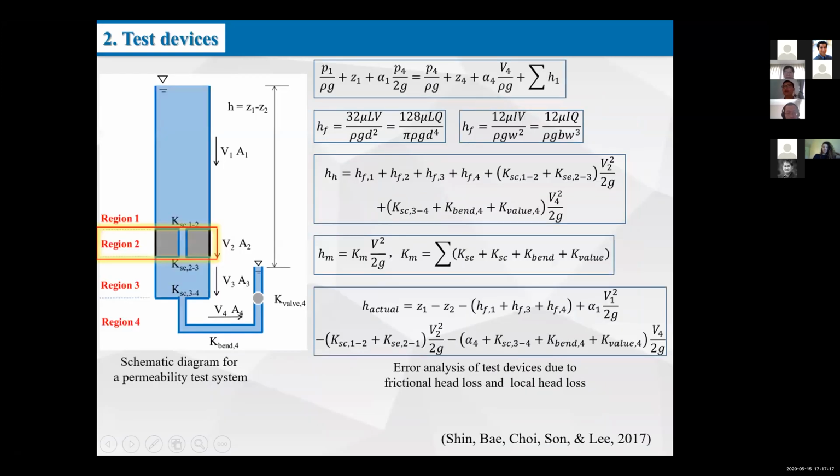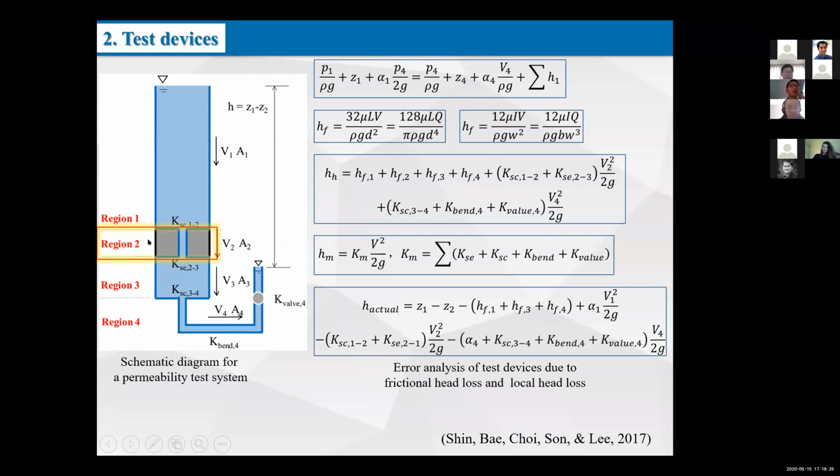Then, even there are many kinds of different devices, there are always many different structures. But something we should know is, while the water permeability test was conducted on the cracked concrete, the permeability of the crack, that is region 2, is our needed data. But the total water head, that is H, is always used to calculate the permeability. However, about region 1, region 3, and region 4, and from the region 1 to region 2, the extension,